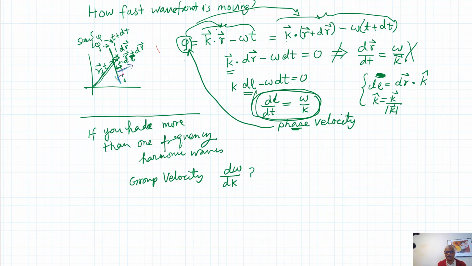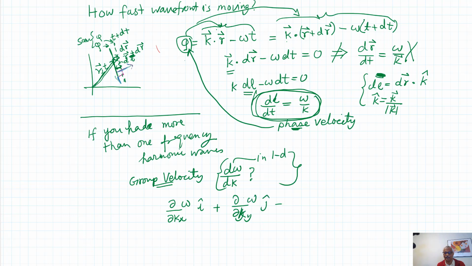You may say, well, this was the case in 1D, right? So what happens to group velocity now? You will not be surprised that it's going to be a velocity. So you'll have a d omega dkx in the i hat direction plus d omega dky in the j hat direction, d omega dkz in the k hat direction,